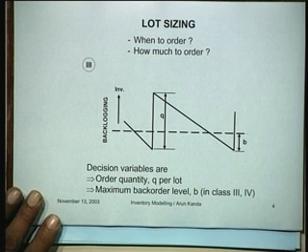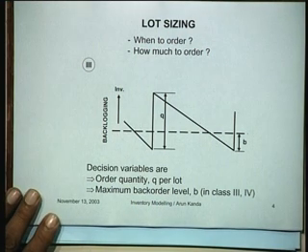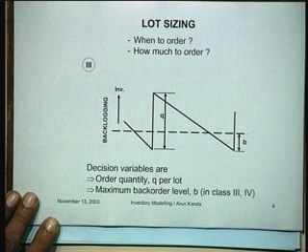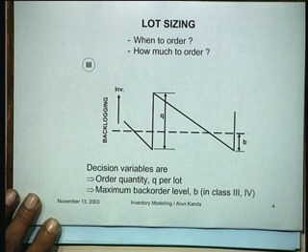So back ordering is a situation where you are allowing shortages to take place, right? It's very much like a car dealer, for instance. If he has the cars, he supplies. If he doesn't, he books the orders and says, I'll supply you 1 week later or 2 weeks later. That's a shortage. That's a back ordering situation.